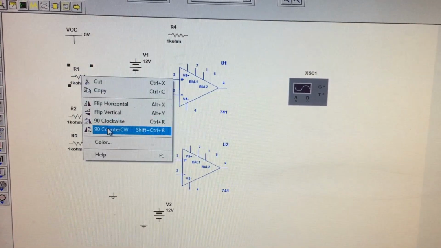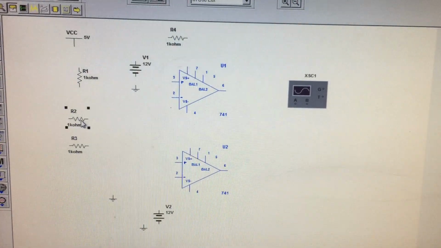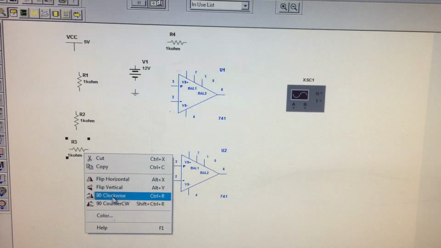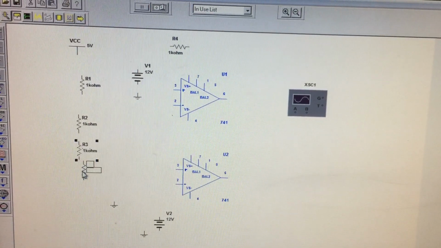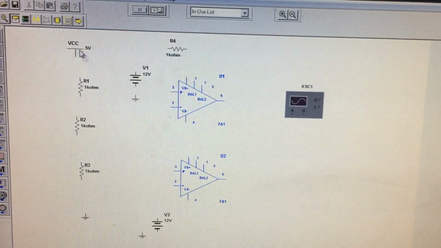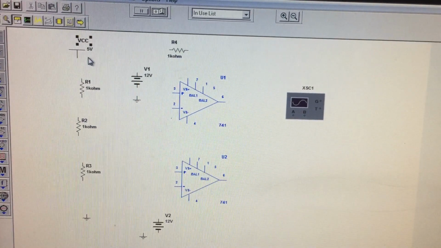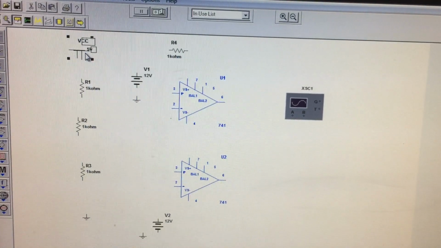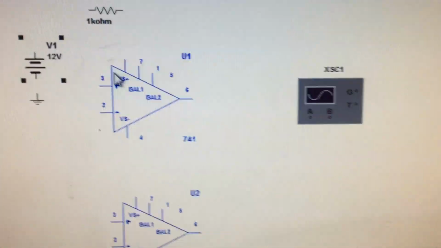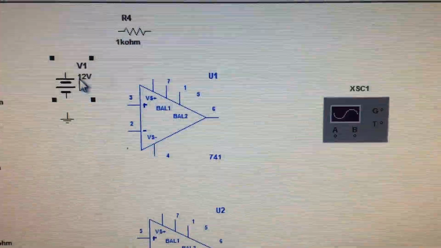Left click, rotate clockwise, left click, rotate clockwise, left click, rotate clockwise. Place it with some gap. Ground, take it to common ground here, and arrange VCC with a proper line. Since this is plus here, you need to give it to plus.